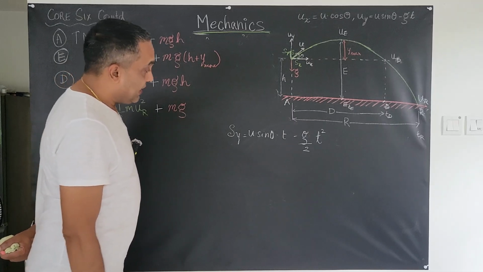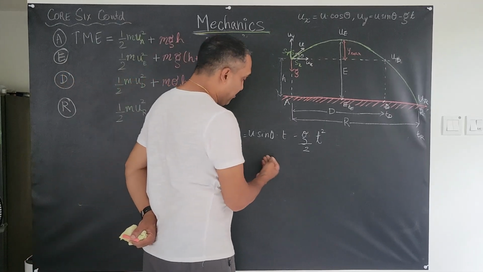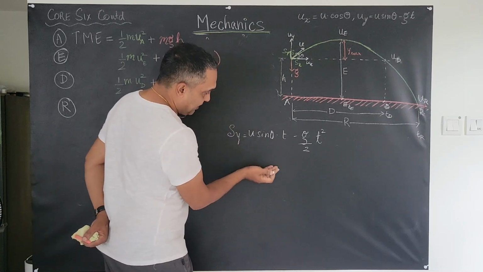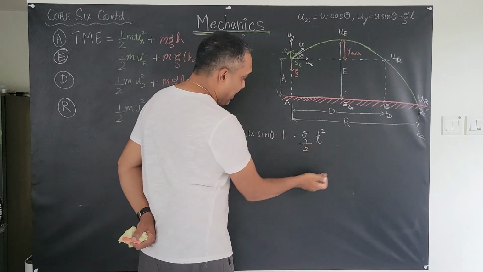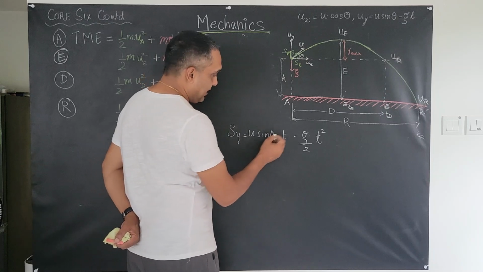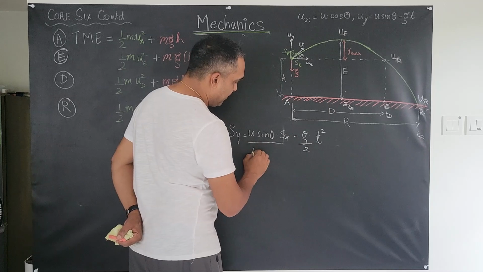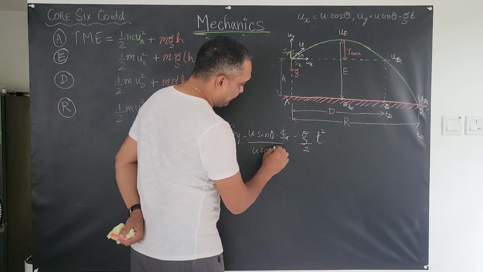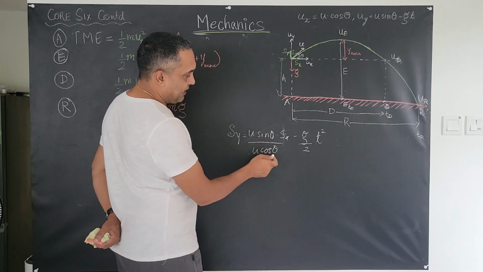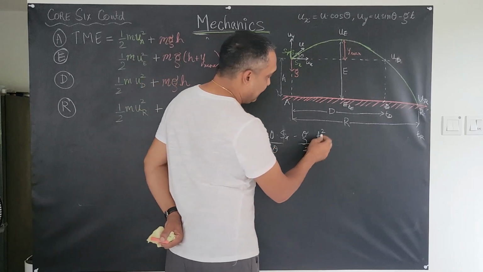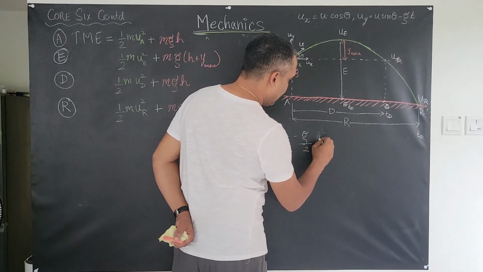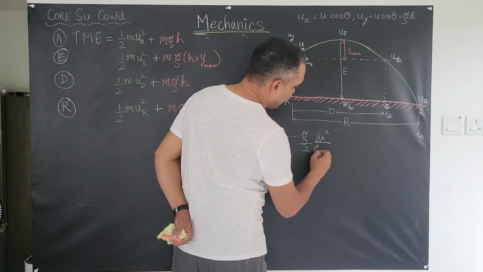times u cosine theta. So t would be Sx divided by u cosine theta. So you'd have that cosine theta coming down here. You'll have cosine squared theta coming here. Either way, in terms of Sx, this would be Sx, and then you'd have u cosine theta. This cancels out. You get a tan theta, and then this would be nothing but u squared cosine squared theta